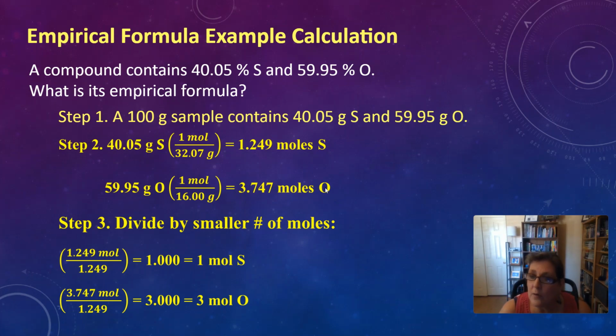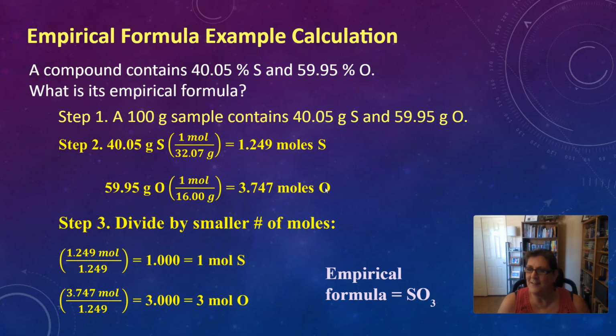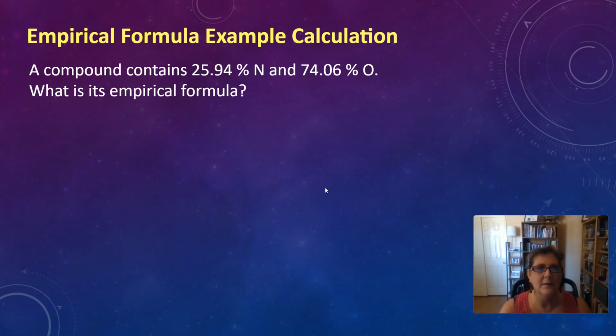So what's our empirical formula then if we have 1 S and 3 O's? You're right if you said the empirical formula is SO3. Good job. Okay, so again, we have our 4 steps to get to our empirical formula SO3. Rewind and go through this again if you need to. All right, so watch this one again probably because you're going to need to do this. All right, let's try another one.